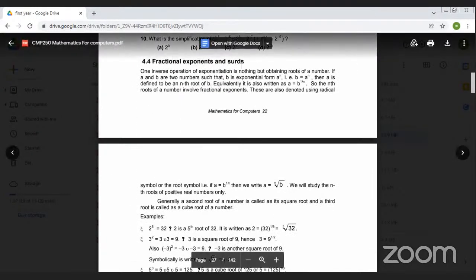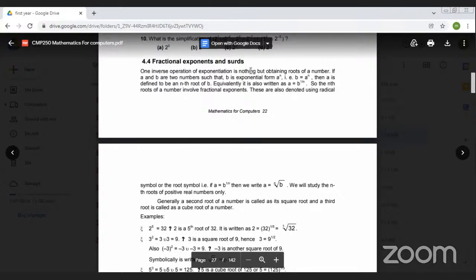Now, fractional exponents and surds. Till now, what we studied was exponents. Surds is a term I don't think we had before. This must be in your subjects only. Now, what does surd mean? We are going to discuss it later. Before that,